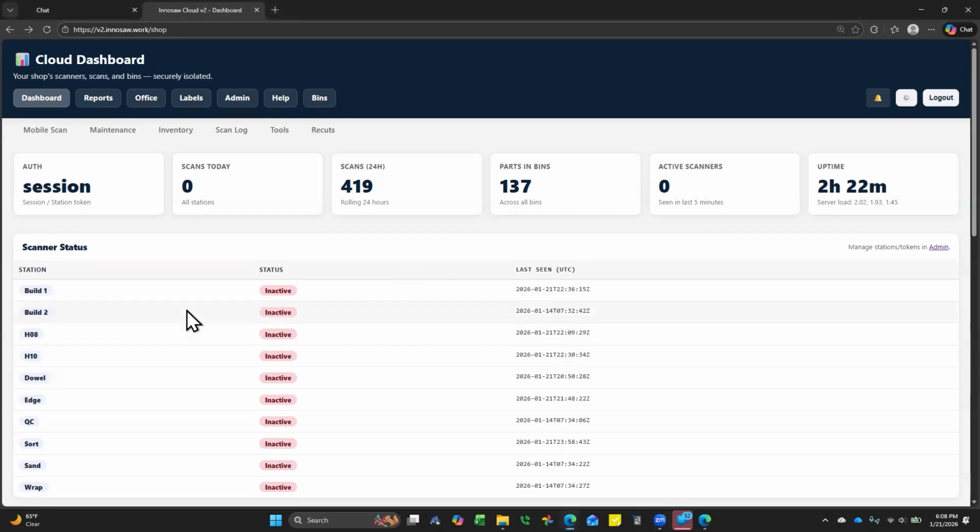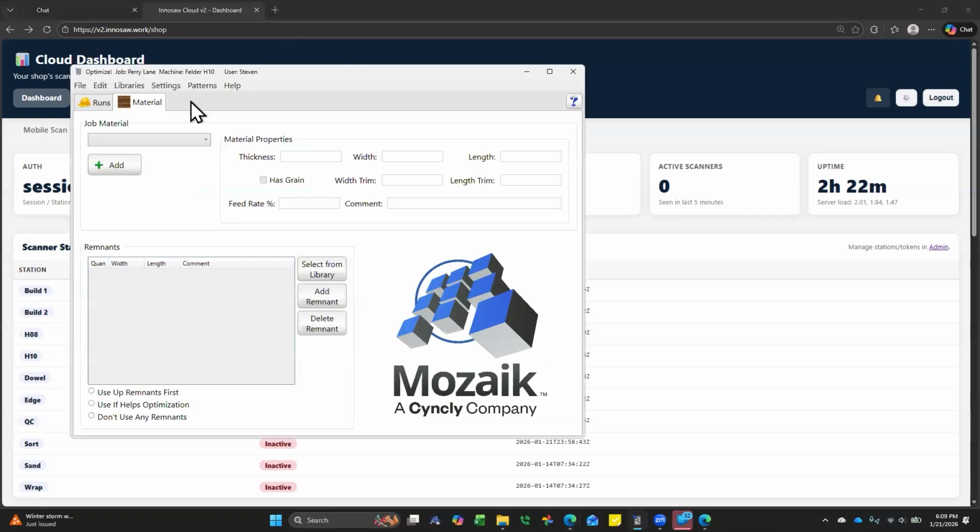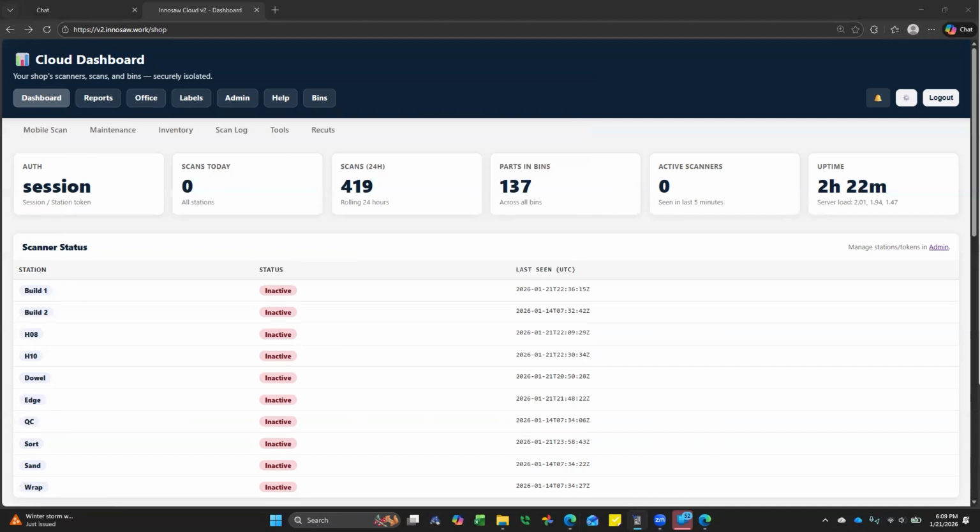So I guess the way we designed this, it was initially when, you know how when you use Mosaic or Cabinet Vision or anything, you have your labels. Mosaic labels are great. Cabinet Vision labels are great. But as far as being able to track on Optimizer, you do not get a real-time scan. Like if someone doesn't save that scan, you don't know until they save it. So that's kind of been one of my issues, trying to track stuff from the start to the finish